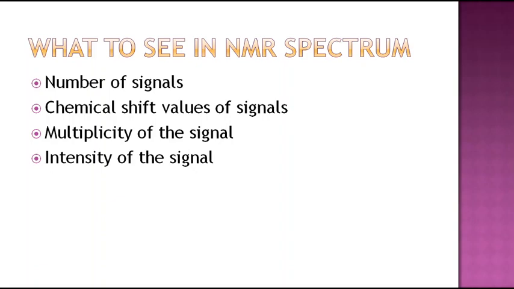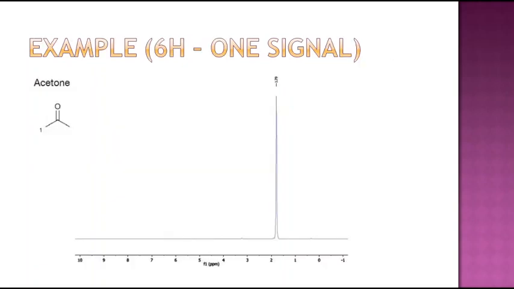the signal. The intensity actually is not directly the height of the signal. The intensity is calculated using integrals, that is the area under the curve. The area under the curve is directly proportional to the intensity of the signal. The ratio of the intensity will give the number of hydrogens in each signal, the number of nuclei. Right, let us see some examples.